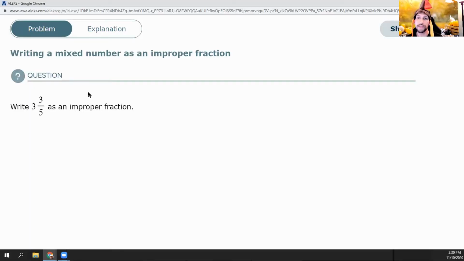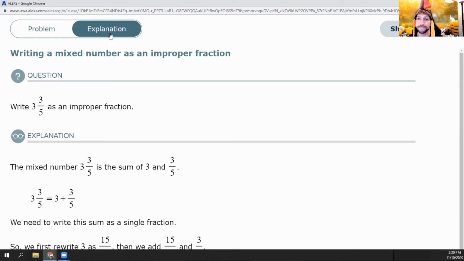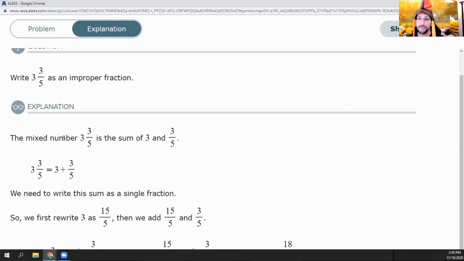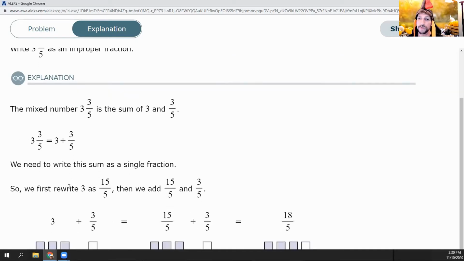We are asked to write a number that has both a whole and fractional component as an improper fraction. If we don't know what those things are, let's click the explanation. So it tells us that the mixed number is the sum of these two parts, the whole number and the fraction. Okay, so to write it as a single fraction with the denominator from our fractional part, we're going to